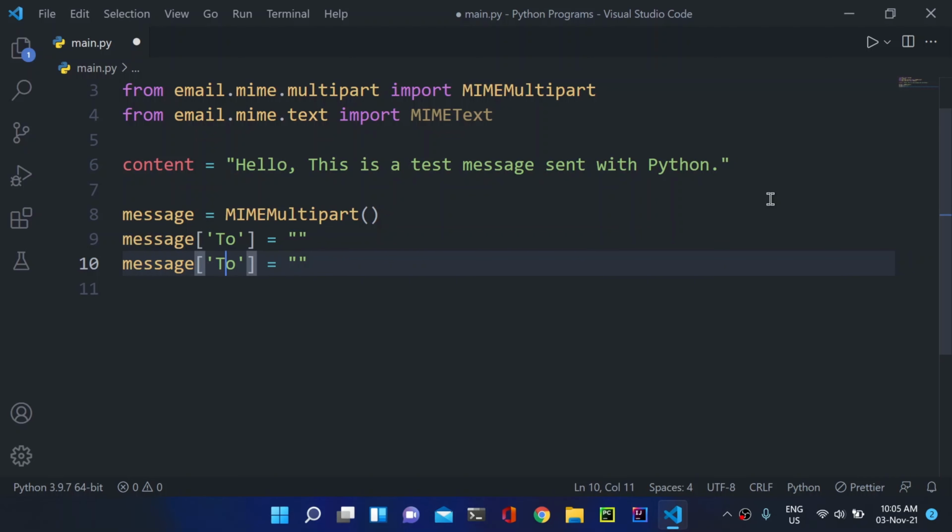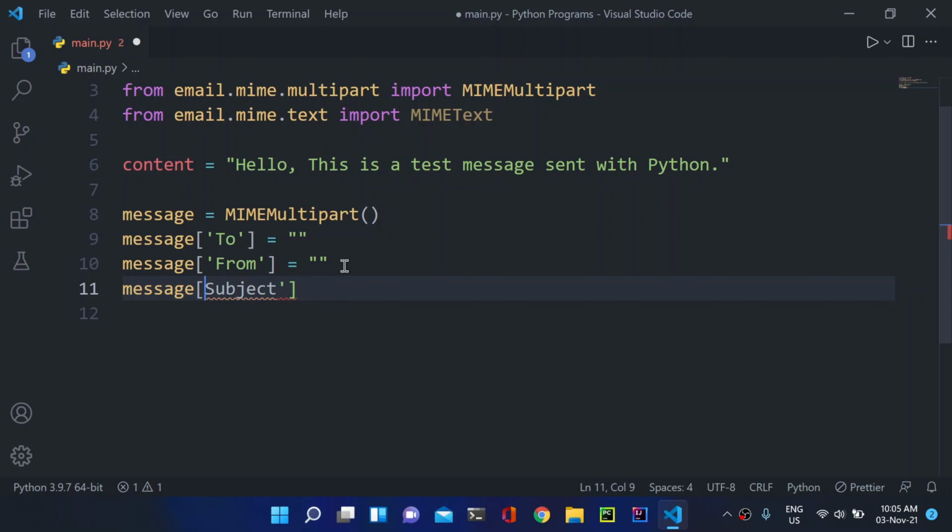Then we have from. With this from, we can specify the sender of the mail, and similarly we have the subject.